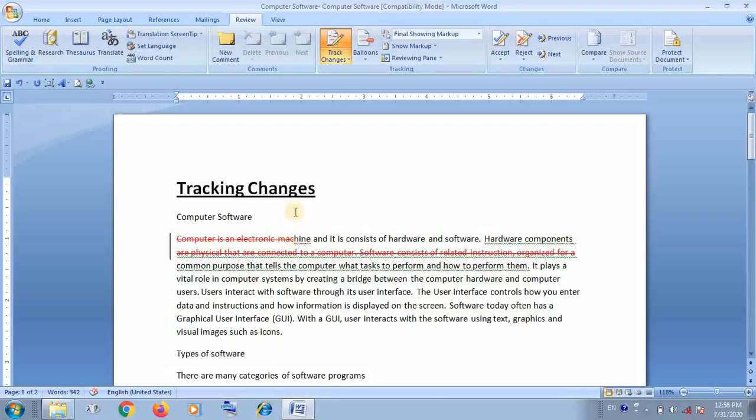And if you insert any word, suppose you have written any new word, then it is also showing the same color. It is not crossed. एक क्रॉस लाइन इस पर नहीं है. क्लियर?